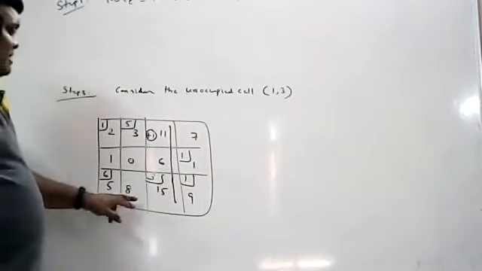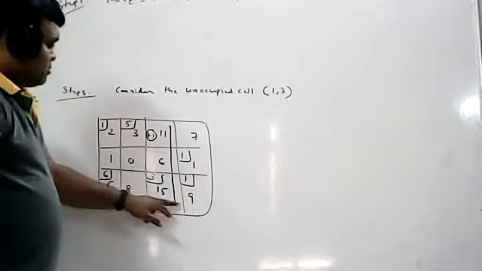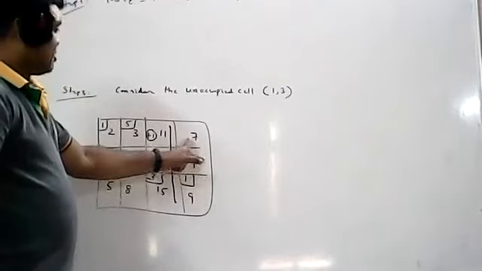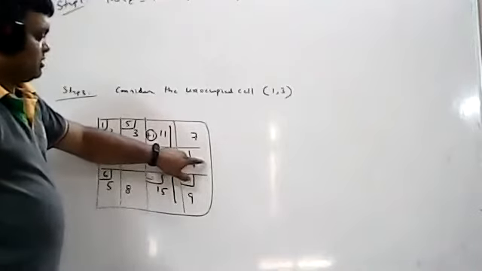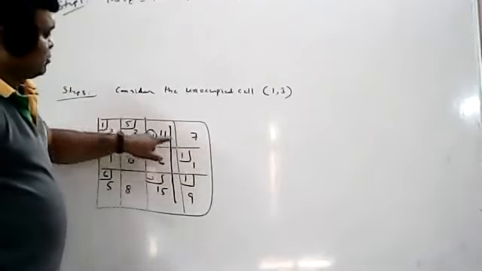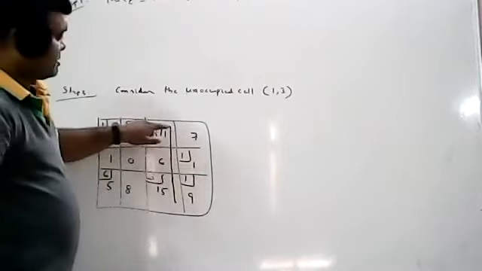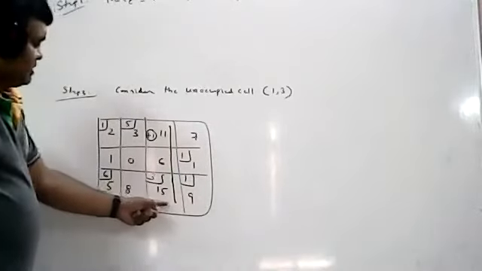Now how many ways are there? Again, there are 2 ways. You can go like this or you can go like this. Suppose if I go like this, the next occupied cell is here. This is also unoccupied. Occupied cell is not there. That means the loop finishes here. So the loop definition fails. The loop starts here, the loop ends here, so it is not a loop. So I won't consider this way. So there is only one way then.